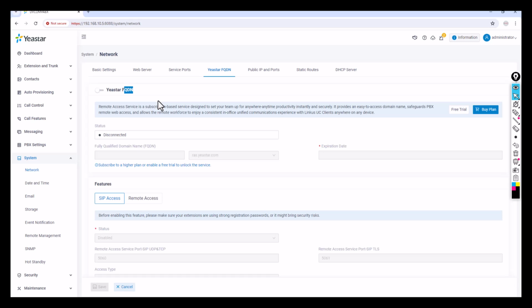But if you go with the old series, you need to make certain changes in the router, certain changes in your PABX, many things, right? But in P-Series, they provide you an FQDN. By the way, it's subscription based. If you take the standard plan, the enterprise plan, or the ultimate plan, you will get one FQDN from Astar. You can enable that feature, and whatever FQDN you want, you can enable it.